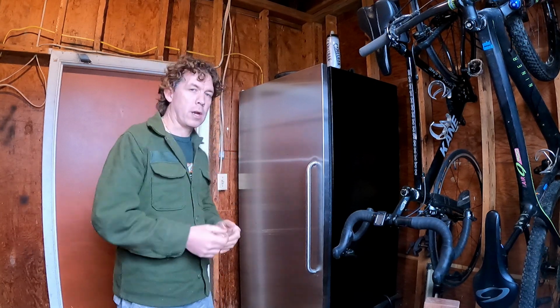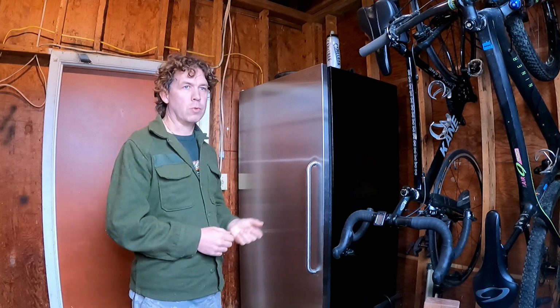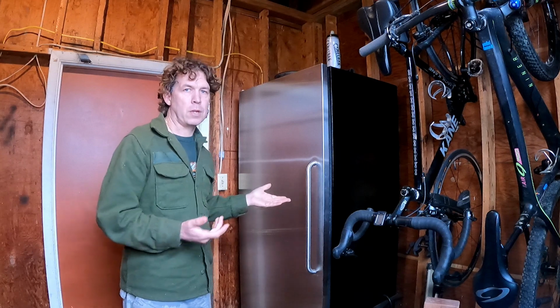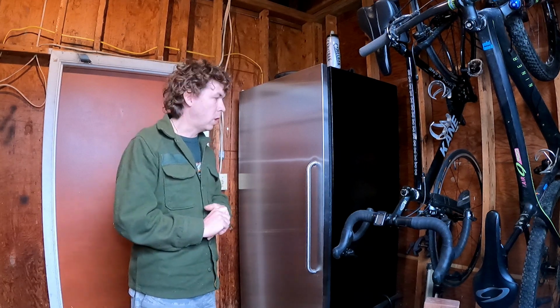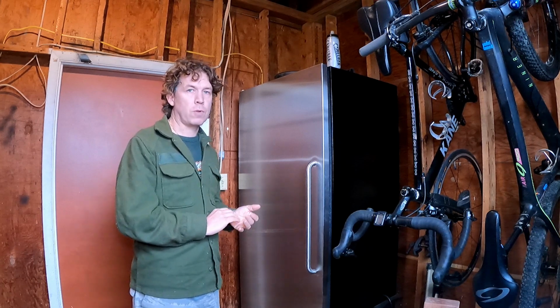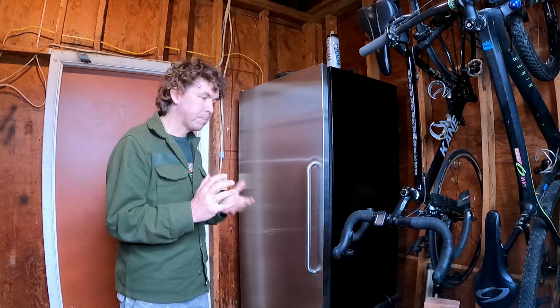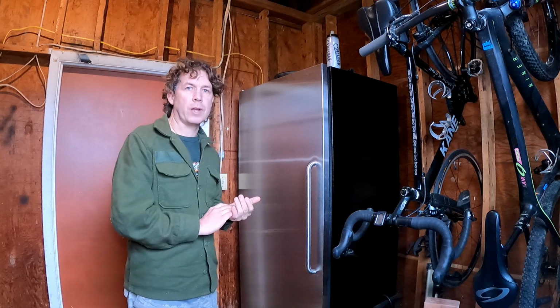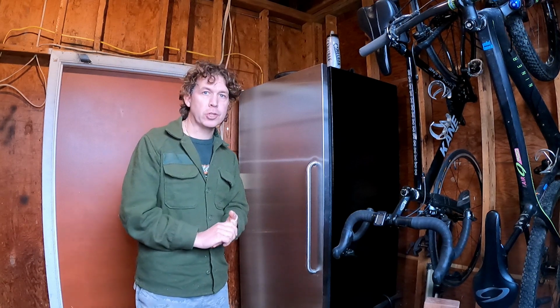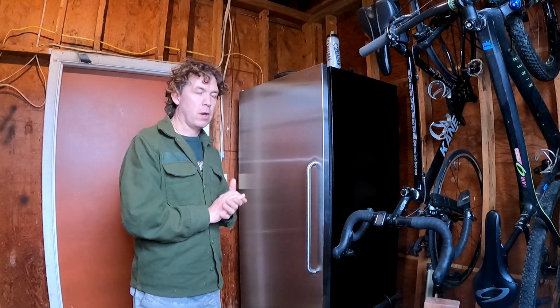Now obviously it's not going to look as good when I'm done with it, which usually doesn't bother me, but it's in my shed, so it's not like we're going to have to worry about admiring it a whole lot. I just want it to be more efficient because it's outside where the temperature fluctuations are wider, and it's just more economical to have your fridge operate efficiently. The compressor doesn't have to run as much to keep it cold, and you don't have to spend as much